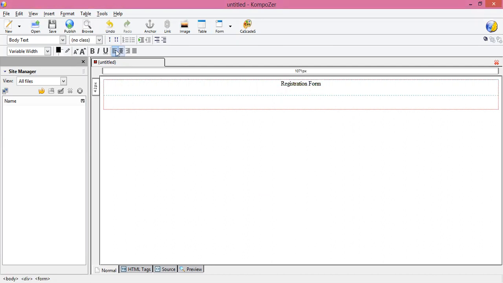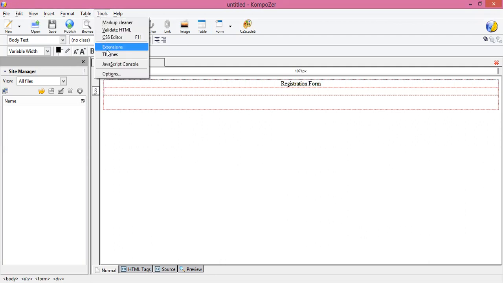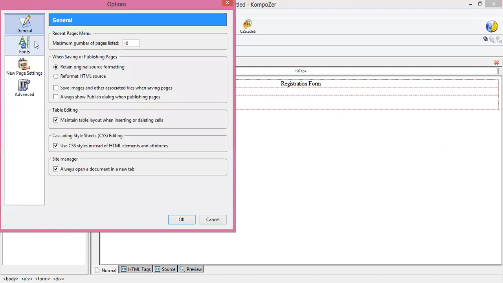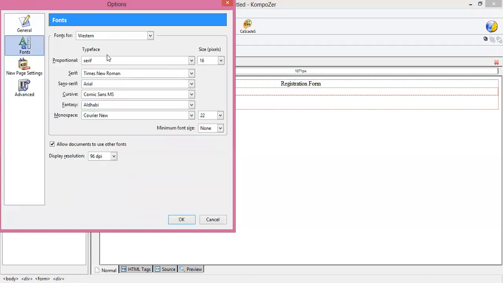After that you have to take the alignment left and write here first name. Before that, you have to increase the font size. You have to just click on the tools menu, options. Then you have to click on the fonts.